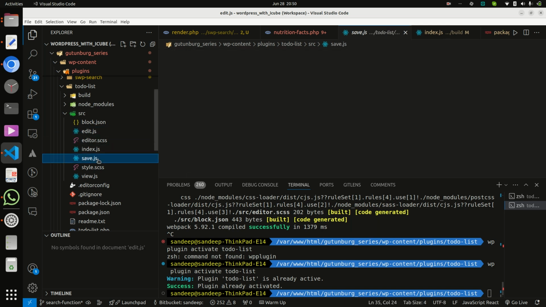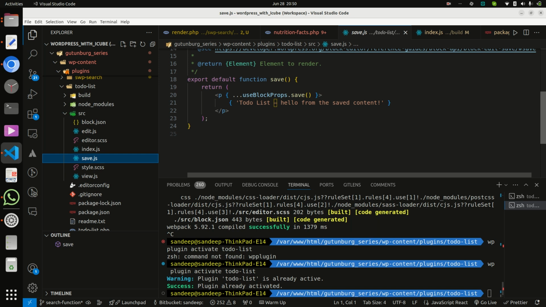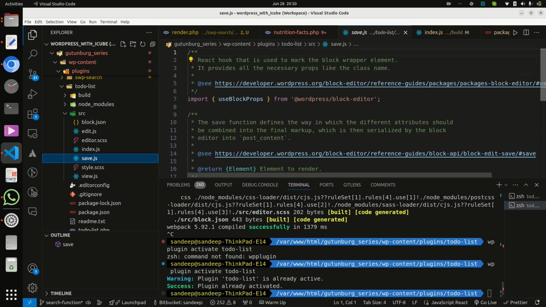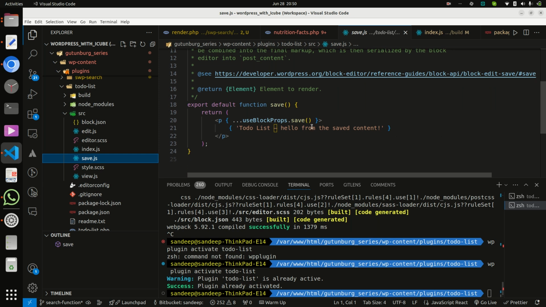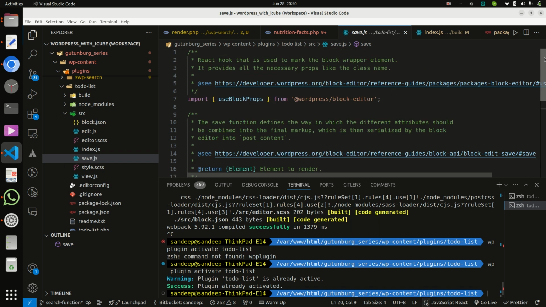And save.js is basically responsible for the front end. Here we can see everything, and if we change anything, it will be reflected at the front end.